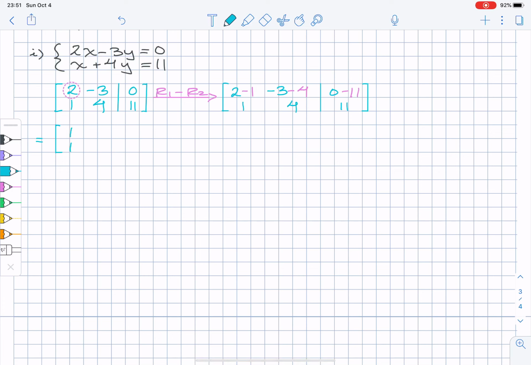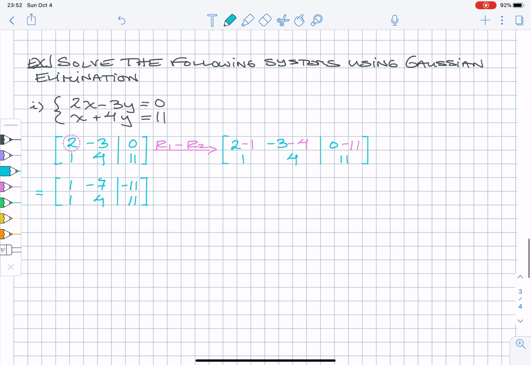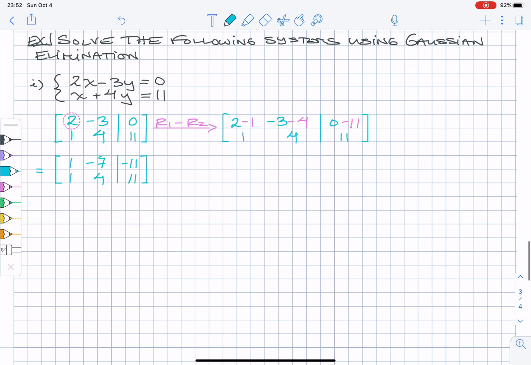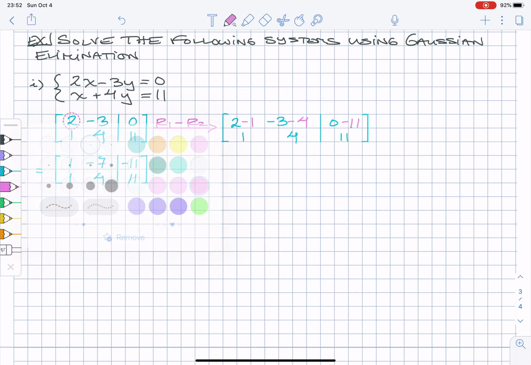So this gives us a system. 1, negative 7, negative 11 in the first row, and 1, 4, 11 in the second row. Okay, so the next step is to get, oh, did I do the color coding wrong? Yes, of course, that was supposed to be blue. Okay, so the next step is to get